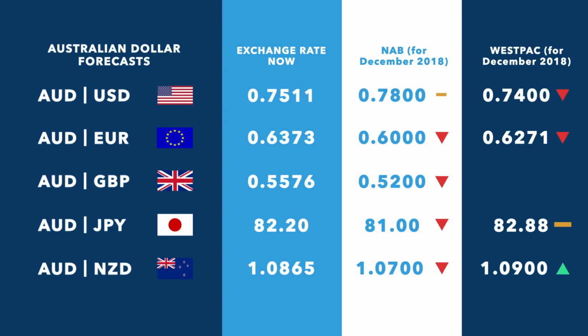Finally, let's have a look at what's being forecasted for the Australian dollar by the end of this year. After the last couple of weeks, the banks have lowered their forecasts for the Australian dollar. On the screen now, you can see what they're forecasting for the dollar by December. Generally, they now see the Australian dollar going down or staying the same, which is pretty different from the forecasts